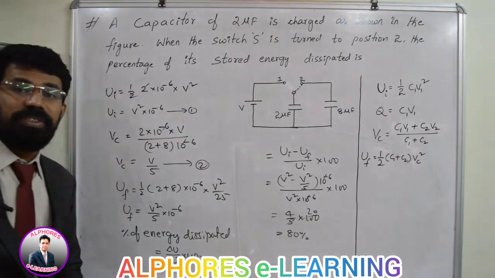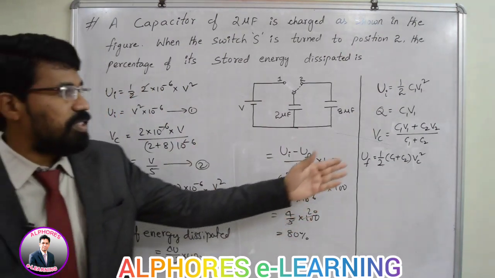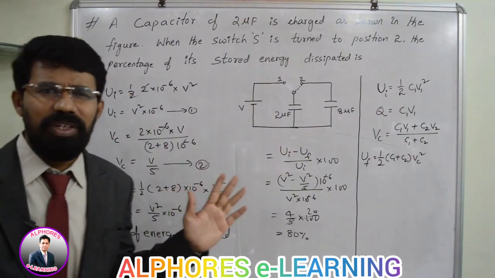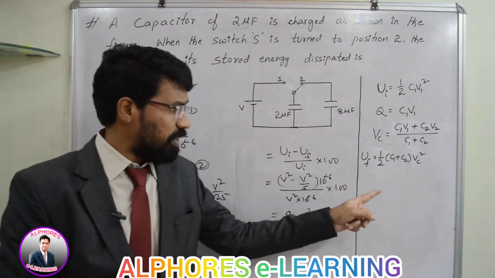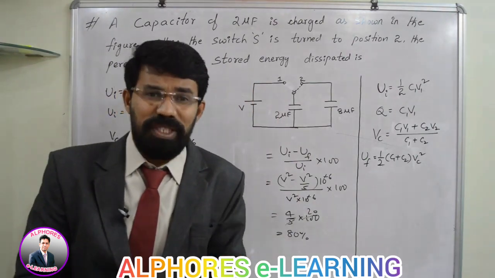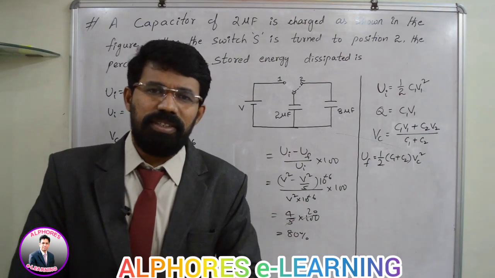80%. So how much energy is dissipated here? 80%. I hope you understood how important this data is, and this question was given in a previous NEET examination. It's quite simple. You have to calculate the initial energy and the final energy, and he is asking for energy dissipation, how much percentage of energy is dissipated. So just take the difference, divide by the initial energy and multiply by 100, and you will get the answer.